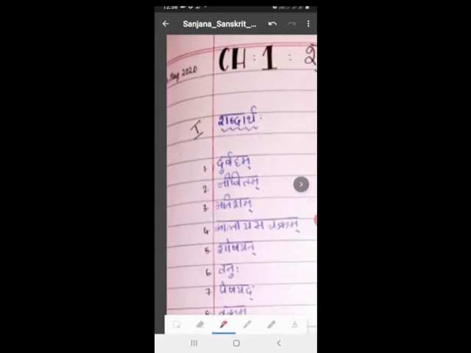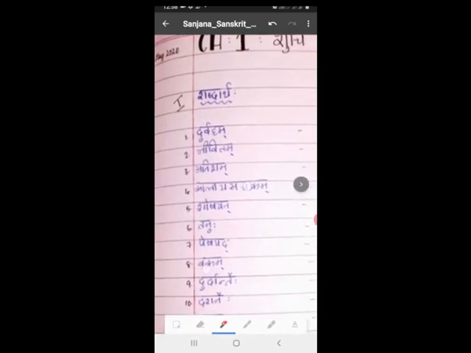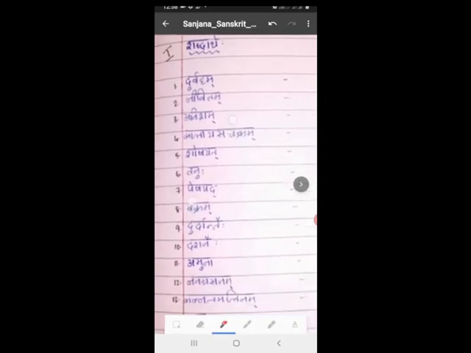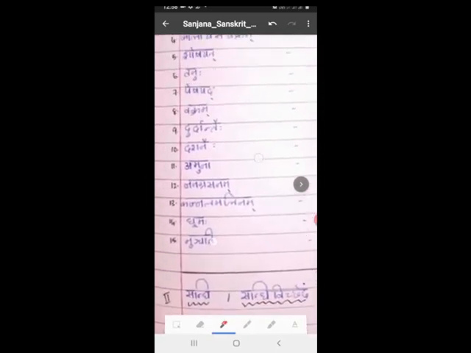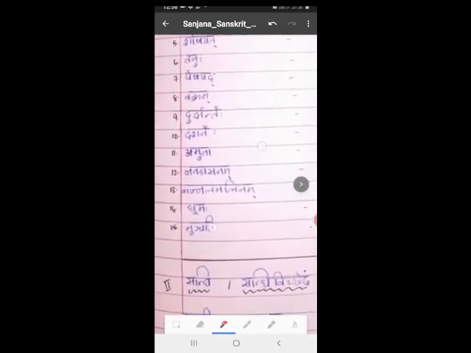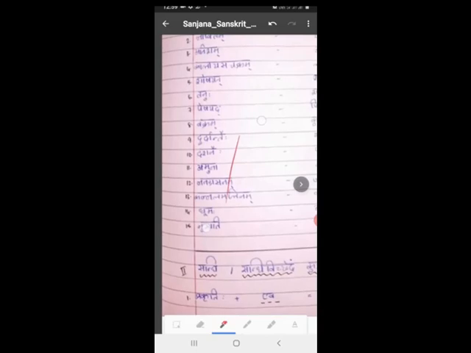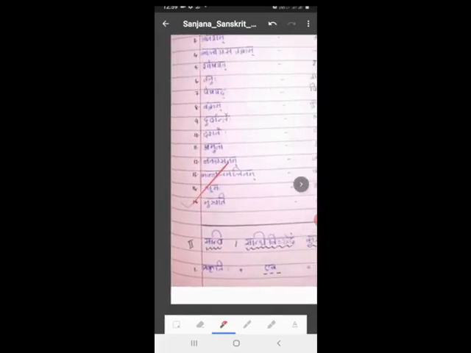And you reduce the page, and to move the page, by using two fingers you can move like this. What will happen if you use one finger? One mark will come there because the pen is selected. So if you mark accidentally on the page, you click on this button, that is the undo button. You click there, and that marking will go. And this page, I am correcting like this, and this also I correct.